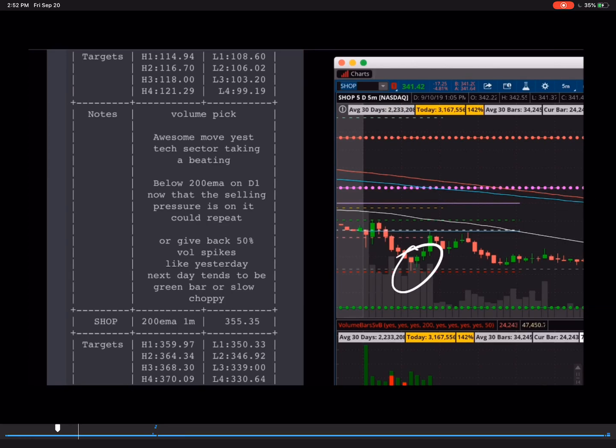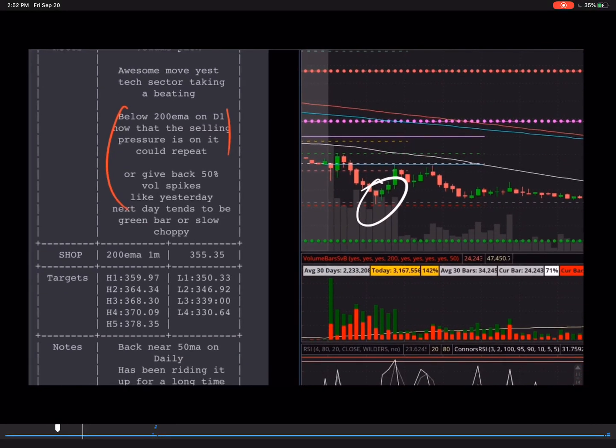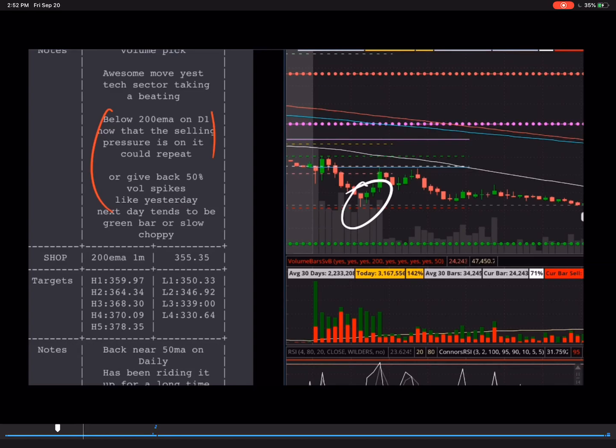The tech sector was taking a beating and is currently sitting below the 200-day EMA. Now that the selling pressure is on, it could repeat or it could give back 50% on a volume spike. Like yesterday, the next day tends to be a green bar. What I'm trying to say here is when the volume spikes like it did yesterday, if you go over